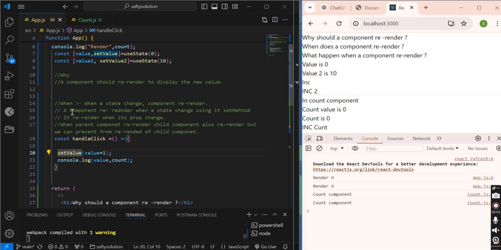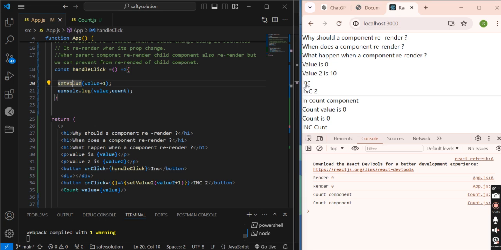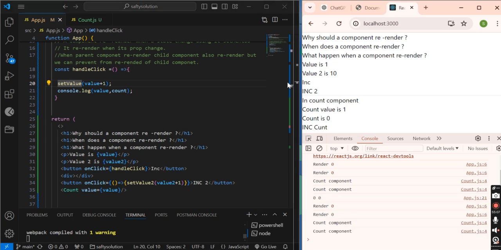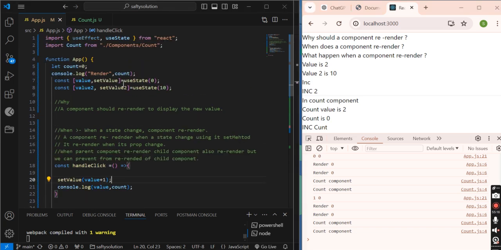When the state changes, right, when we are clicking here, the state changes. Now it re-renders. At the re-render time, again this count will be created and 0 will be stored in it.